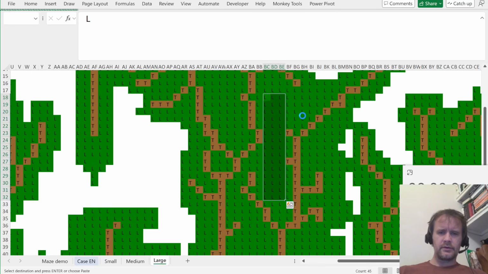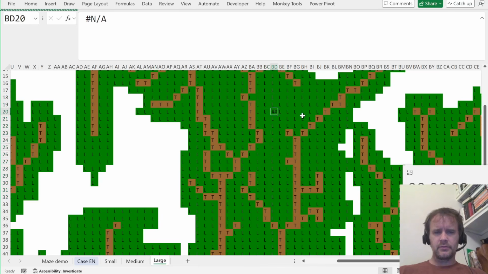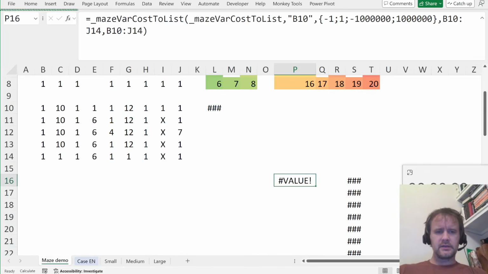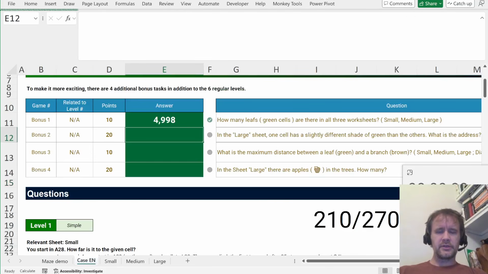Why on earth is that running so slow? Oh, right, because I've got so much calculation going on. Never mind. Oh yeah, there it is. So I didn't change the color, I just changed the label, and the answer is it's BD20. So that's lucky. But I think I did lose relevant information elsewhere,